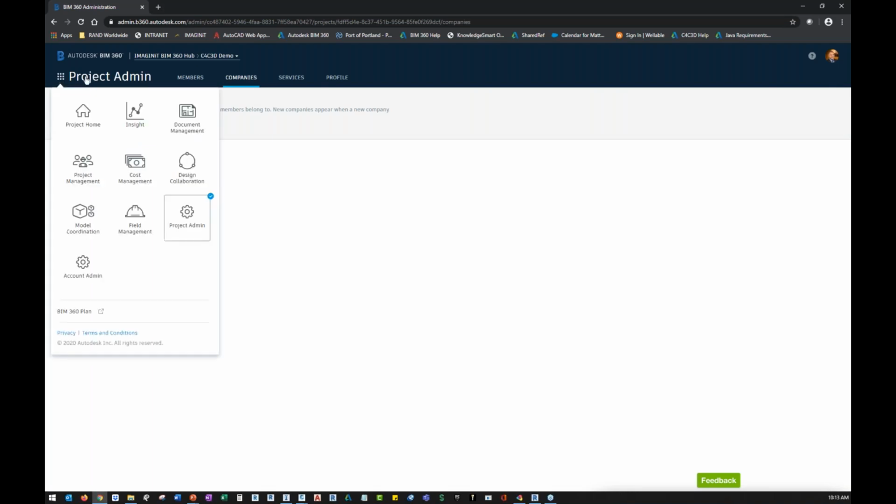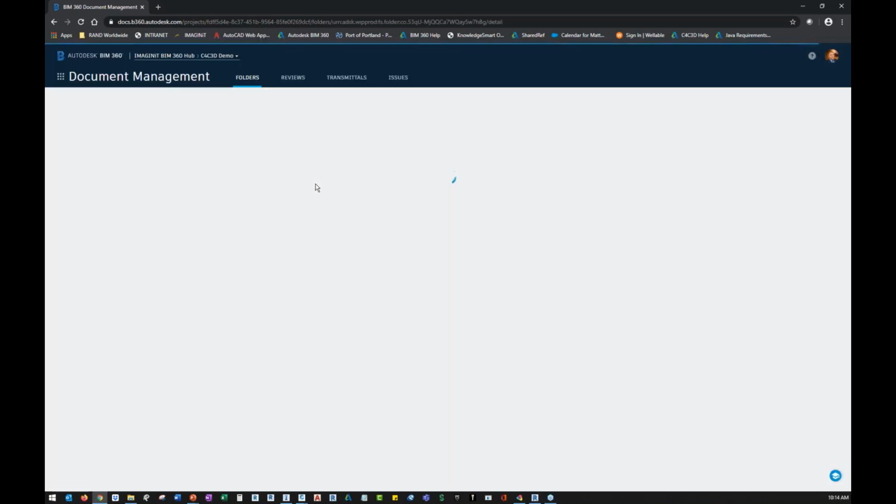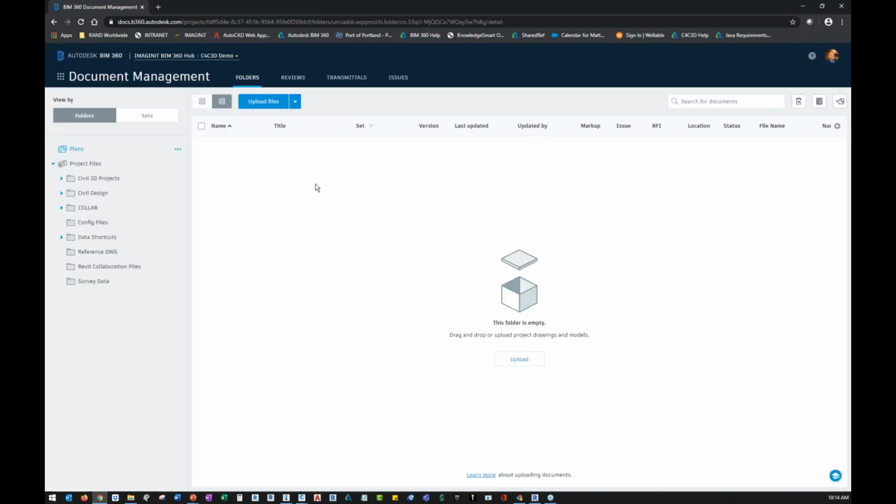Now, under the project administration dropdown, this is actually where we get to the document management piece. And the document management piece is really where everything lives in terms of BIM 360 and how we use it and how it functions for civil and infrastructure environment. So once we have our project set up, we're really now just able to house and keep everything in the